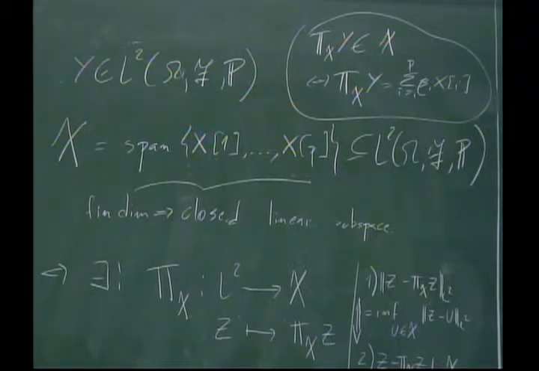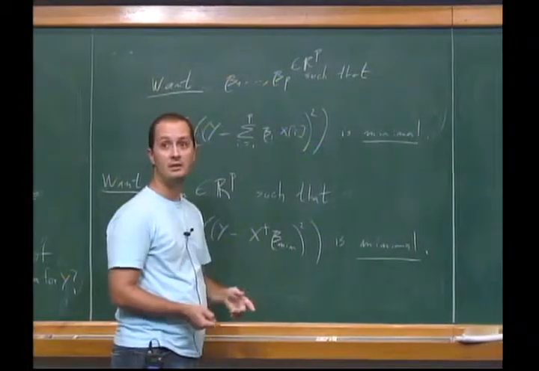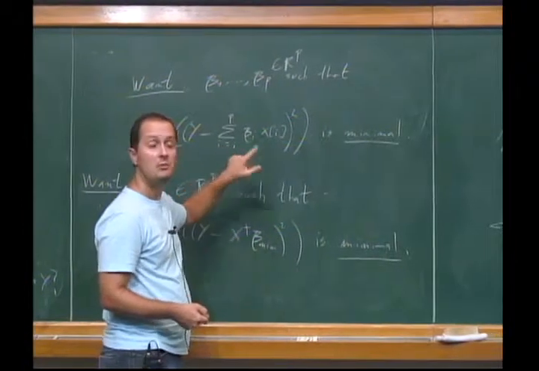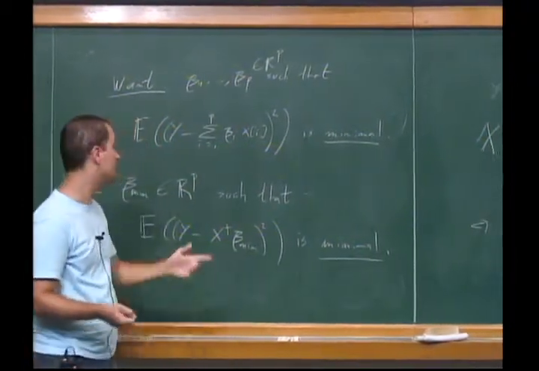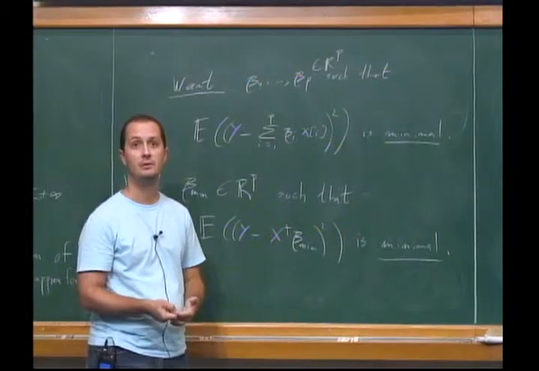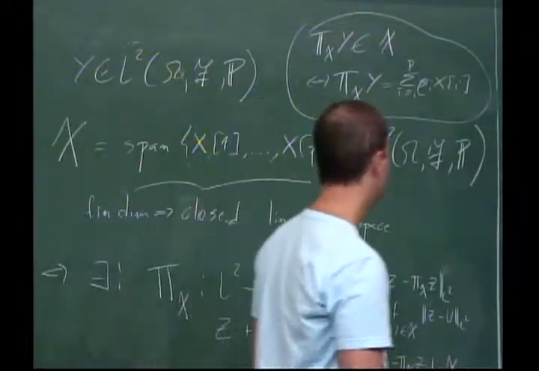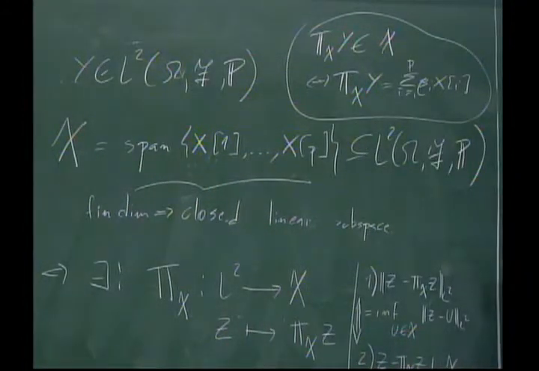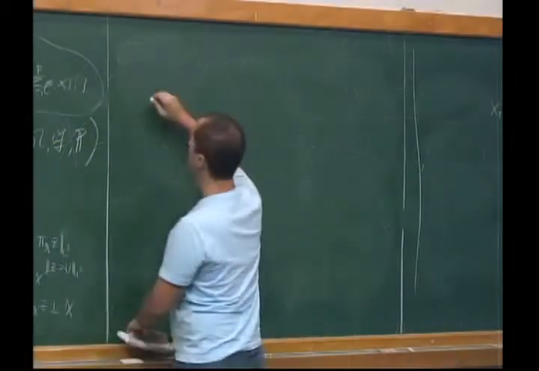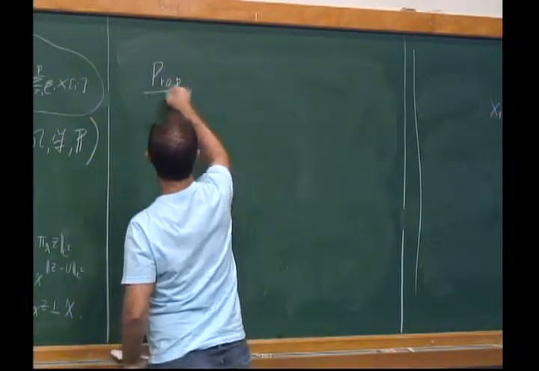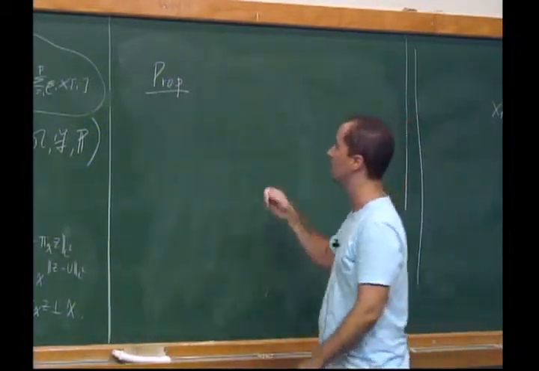So this implies existence, and it implies uniqueness in the sense that if you have two vectors beta that give you the minimum here, it means that they correspond to the same element of L2. You have two linear combinations of the x's that give you the same random variable. But here's what I want to get out of this discussion, and this is going to be important for us later. It's just a simple proposition or lemma, whatever. I think I wrote it as a fact in the notes, but we're going to prove the fact.